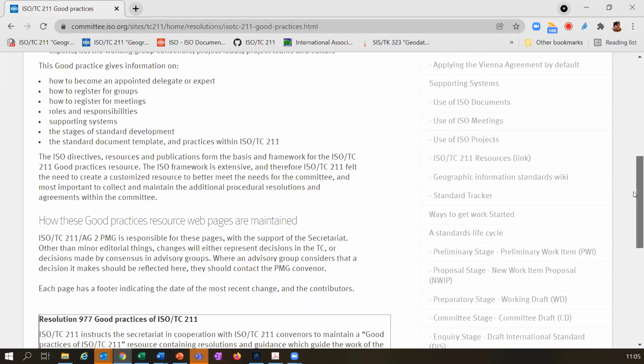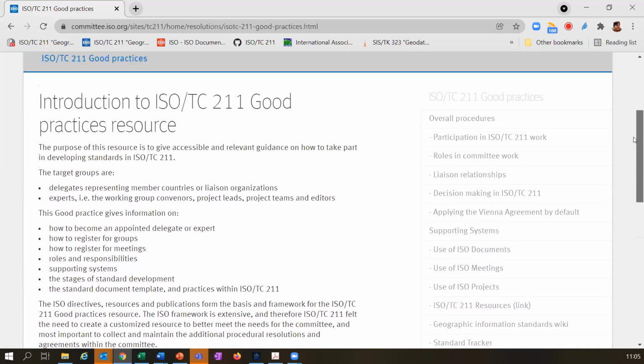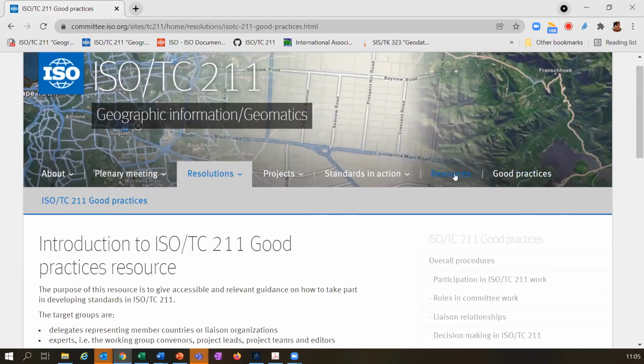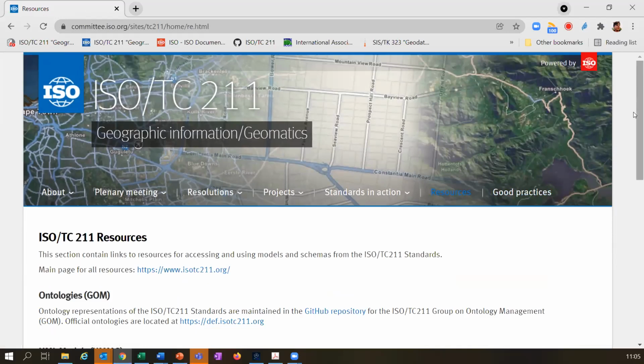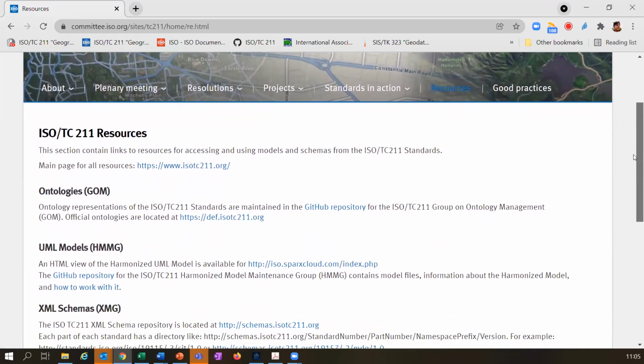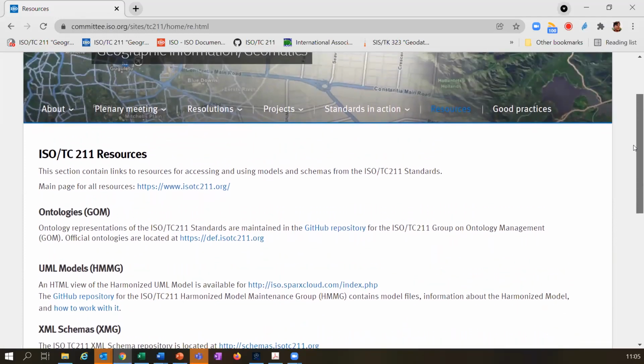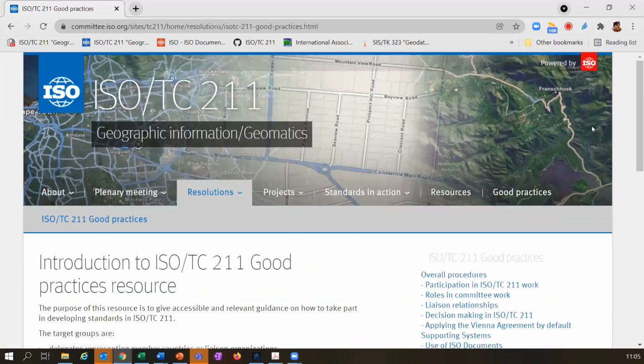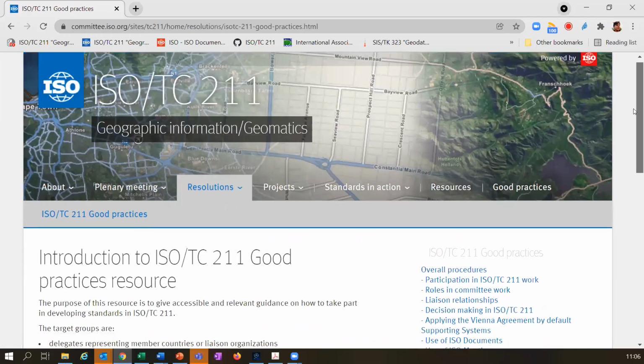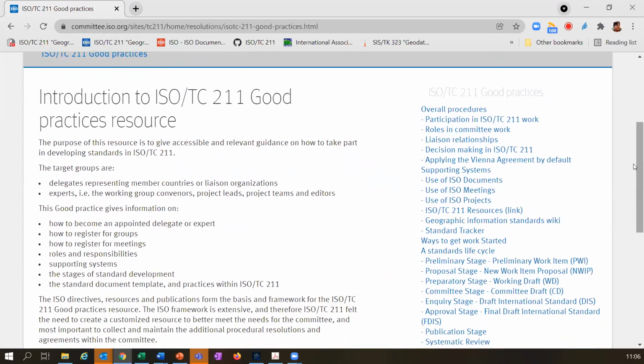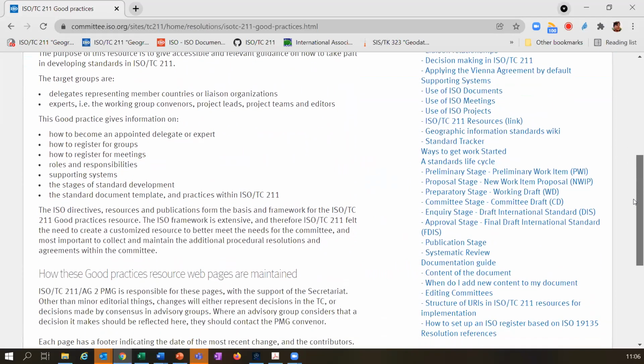We did also find ourselves in the situation that we had this resource page earlier. It's a good page, and we do want to have that page, but it should also be in our good practice page as well. So we added a link to the resources page under support system.